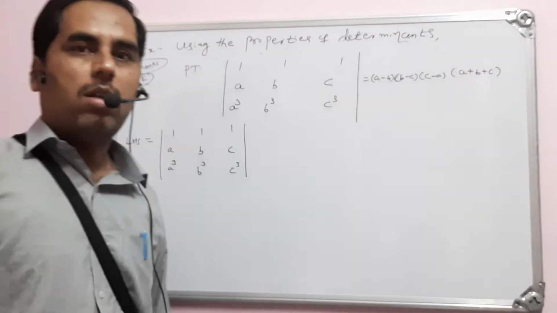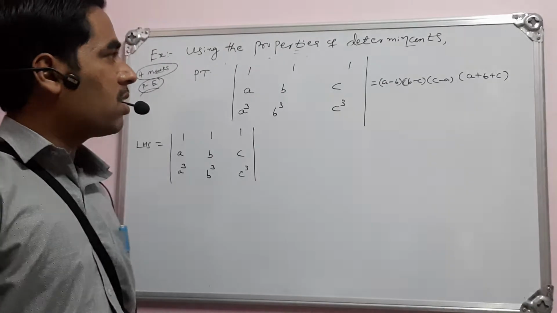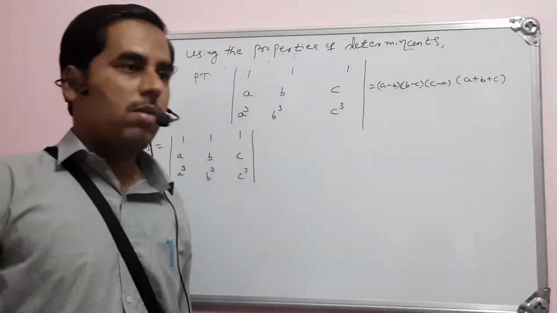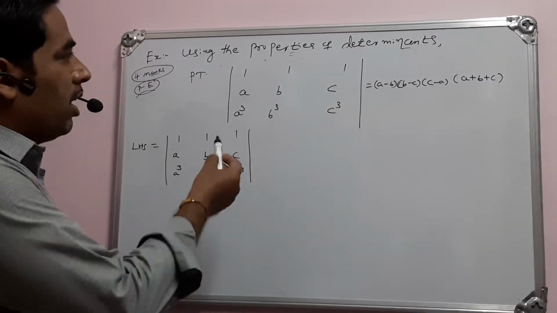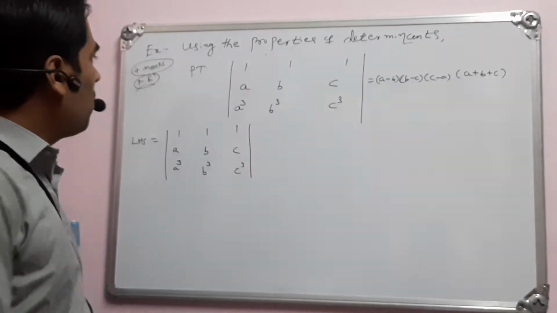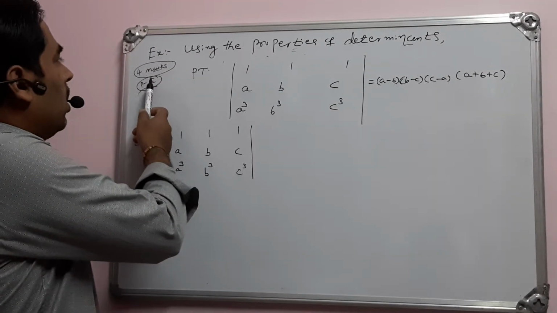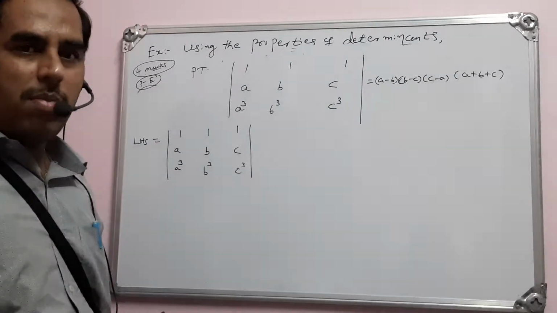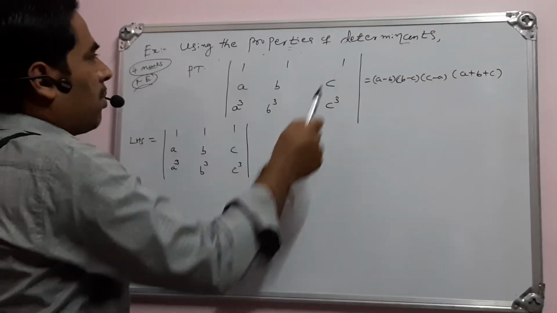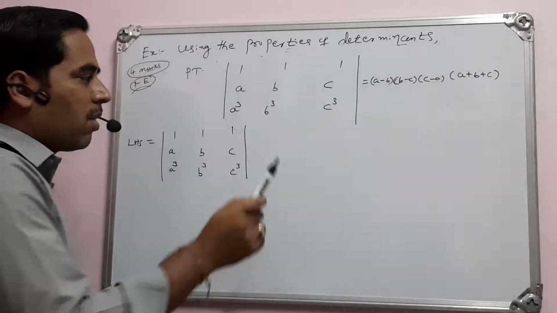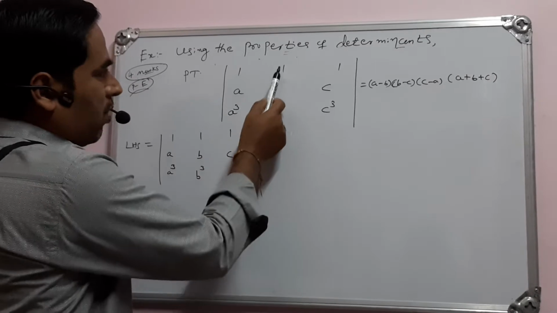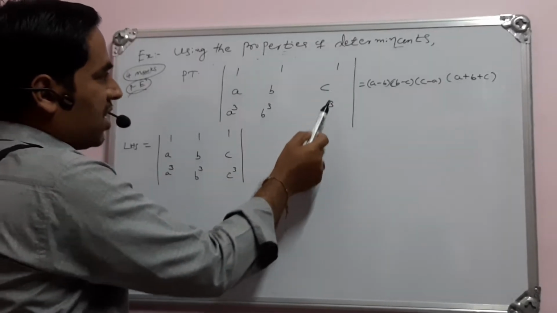Okay, let us continue our problems on determinants. In the last class we have proved one problem on 4 marks. Similarly, I have considered another problem, which is a 4 marks question, which may be asked in part E. Using the properties of determinants, prove that the determinant with first column 1, a, a cube, then 1, b, b cube, then 1, c, c cube,